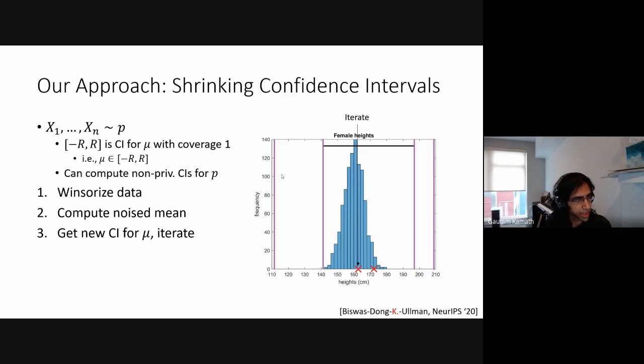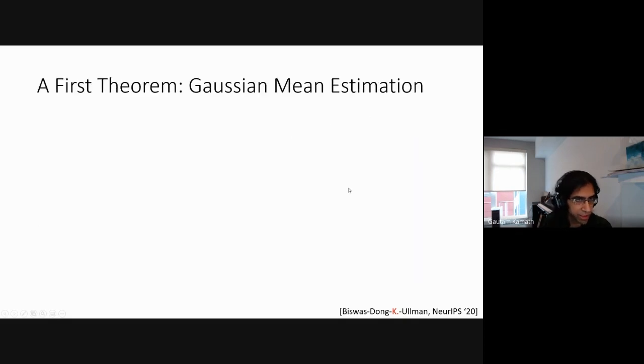Cool, great questions. Anyone else? All right, so if you got this, then I'm totally happy. But we'll go into more details. The format of the rest of the talk will be: get a new confidence interval and iterate. The format for the rest of this talk will be telling you first about some of the theoretical guarantees and going through the algorithm in detail, and then after that I'll shift to showing you some experimental results to show how this really works pretty well.